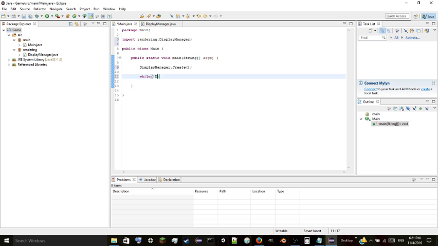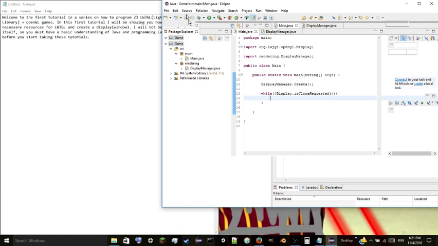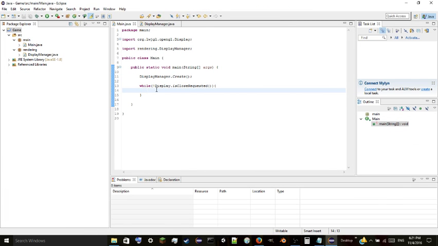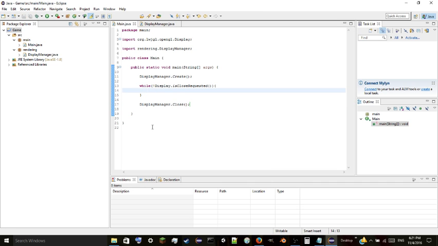while not display dot is close requested. Is close requested basically goes to true if you click the X button on your window, and then it'll close display for you. If you have something after that, it basically just ends the while loop because it's not display dot is close requested. So after your while loop, we'll worry about the while later, but after your while loop, we're going to do display manager.close, the close function we just created,